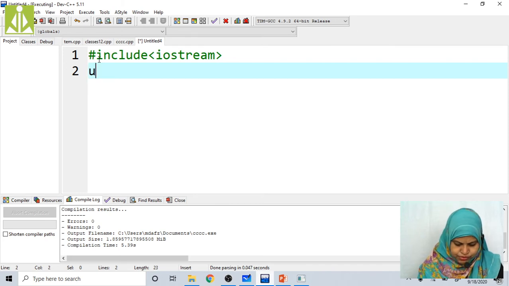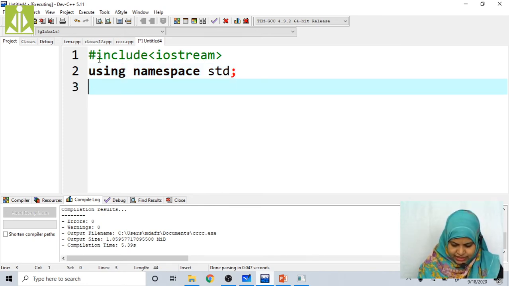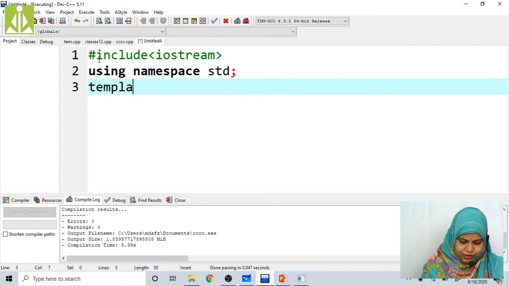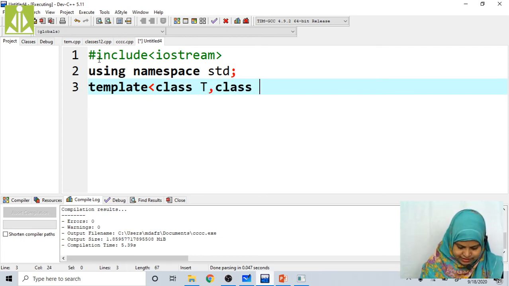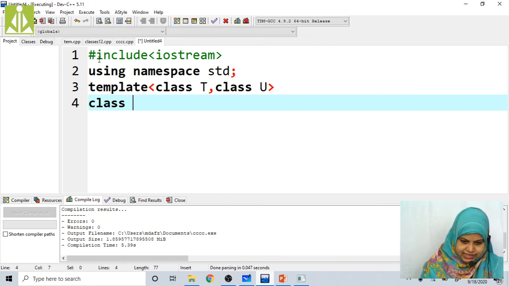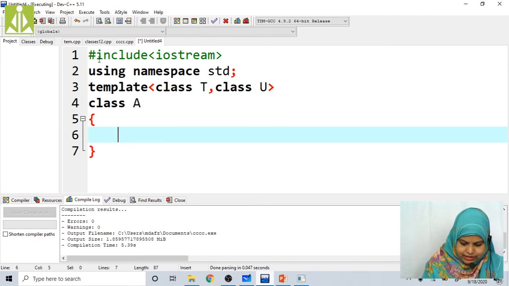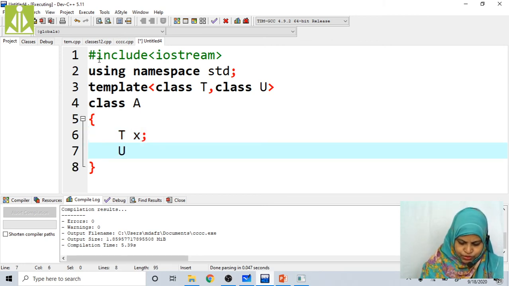Hash include, using namespace std. Here I am going to create the template: template class T comma class U. Next, class A. In class A, here T x, U y.